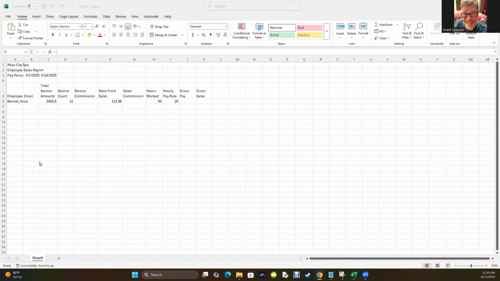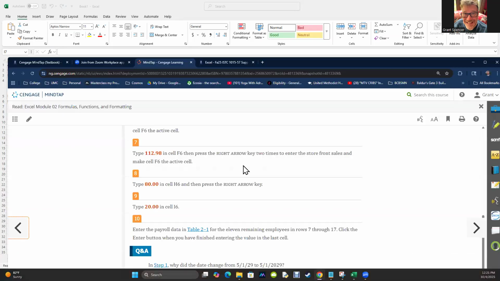So flash fill, this is where we start to get some really interesting ideas. And that's then again in 2-3. Flash fill, where Excel can actually sort of predict some of the stuff moving forward. But before we do, we have to get a lot more data in, right? Did I miss the step that all those names came in? I did miss the step. Yeah, I was thinking we need a lot more data before we start using flash fill. So here is where I put the hourly rate, and then I missed step 10, which says enter the payroll data in